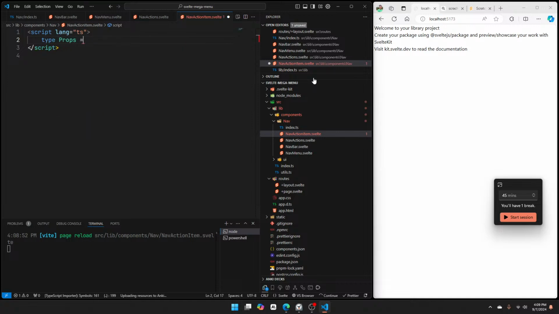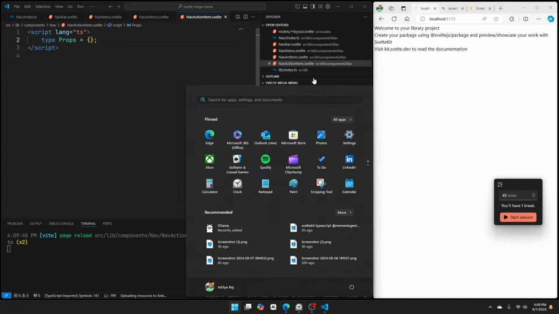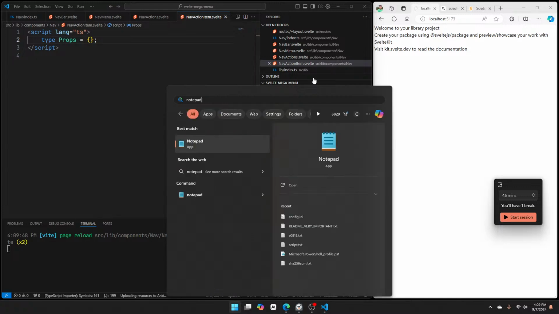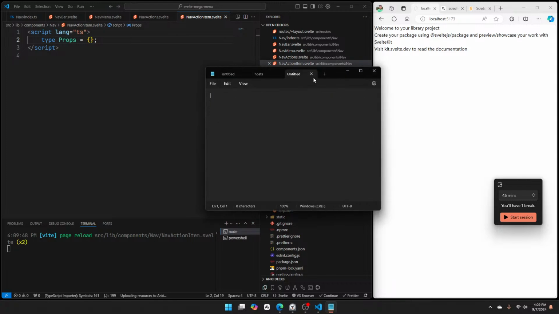Okay, let's just name it props and not overthink it because we don't want to be caught up in analysis paralysis. That is what they call it, when you analyze too much and you just don't do anything. But the sad thing is that I also need something to drink right now. So I already had coffee. I'll do notepad and